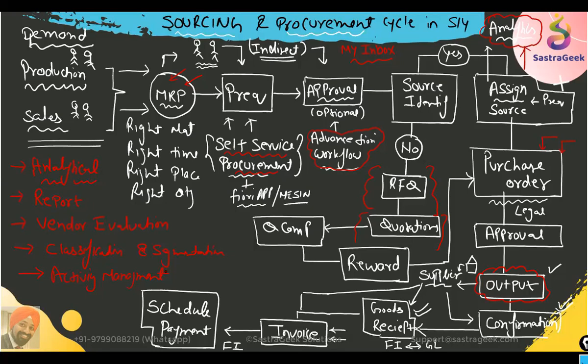Everything will start from scratch. We'll start from scratch. What is ERP? What is SAP? And what is the basic configuration required? What is the org structure? We'll create our own company code, our own purchase organization. We'll create our own business partner. We'll create our own materials, and we'll do the end-to-end cycle.